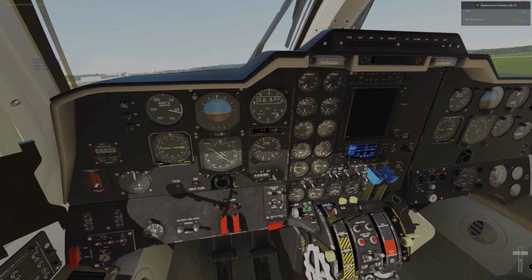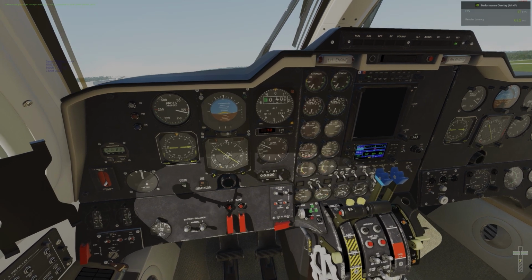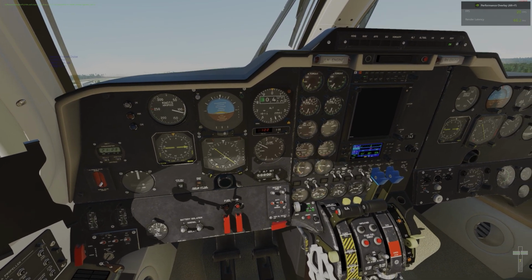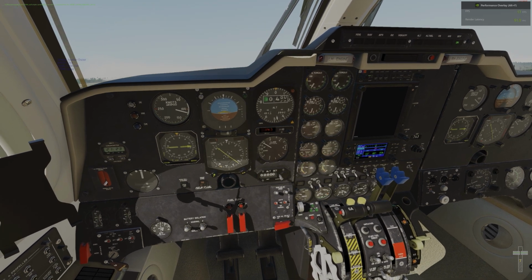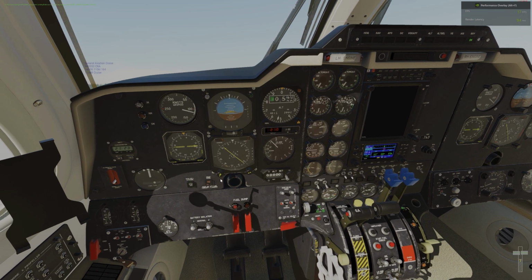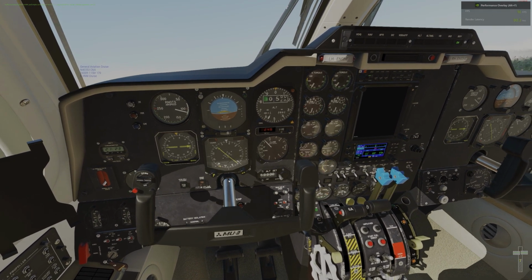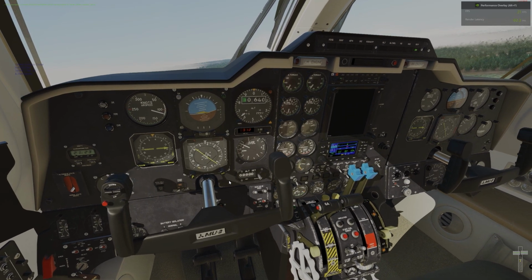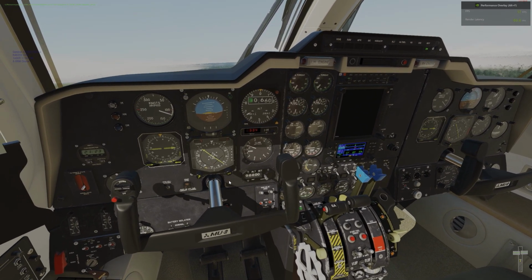And let's see, I need to be really gentle. Okay, positive rate, gear up. I need to be really gentle on what I'm doing with the yoke. Let me just turn the yoke on. So I need to see how little input it takes,